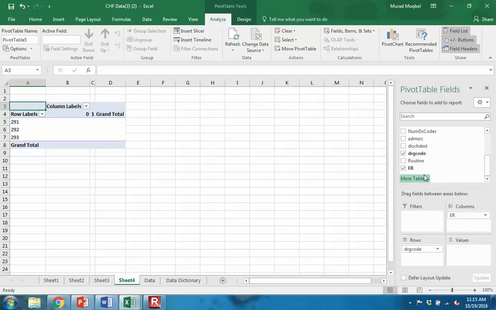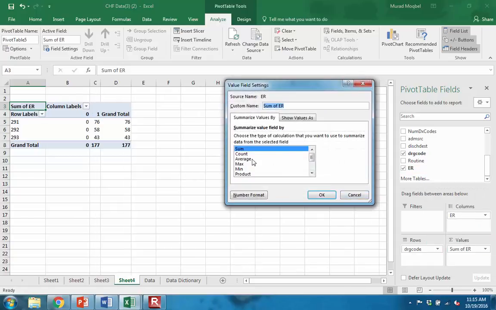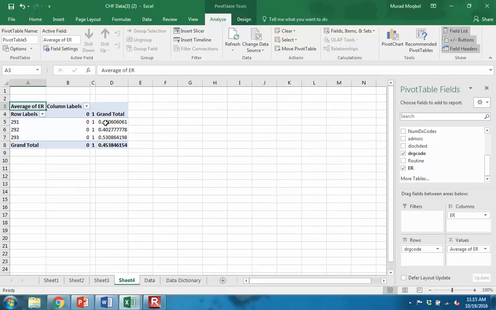Because I'm interested in the percentage, or basically the rates, there are so many ways you can calculate the percentage, but the easiest way is to get the ER again into the values and put it as average. It will give you here actually